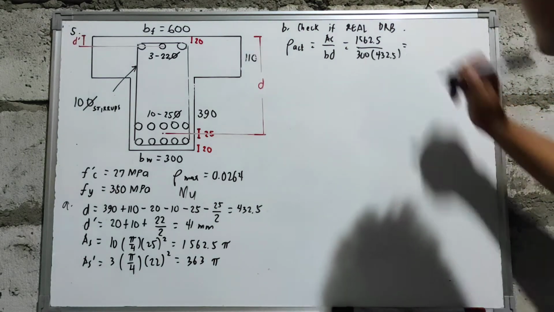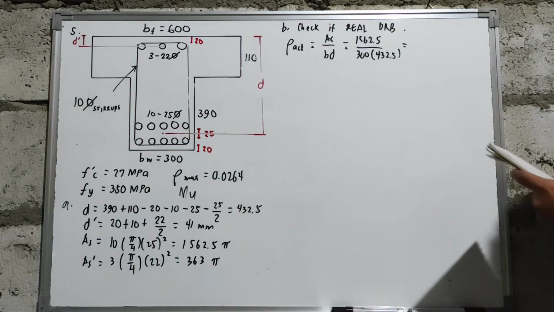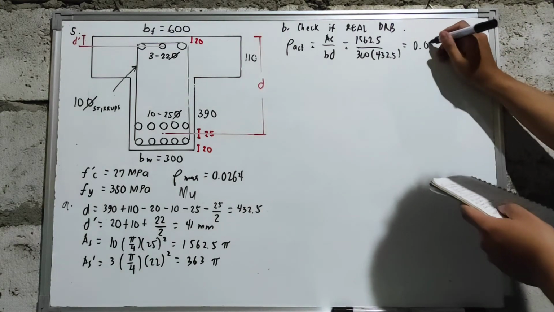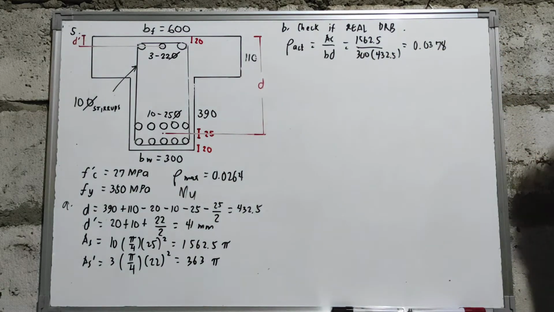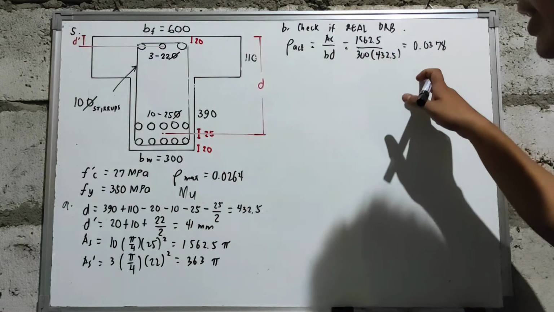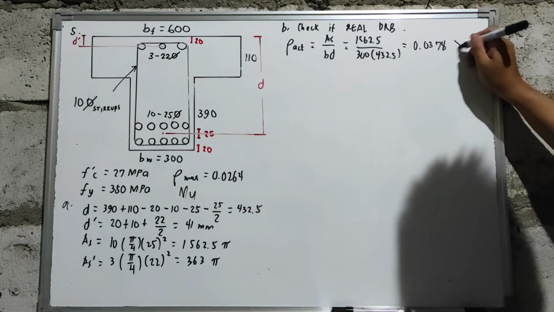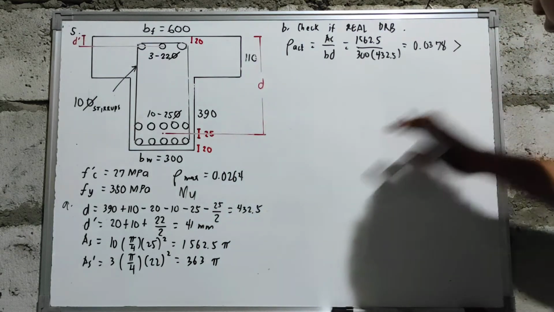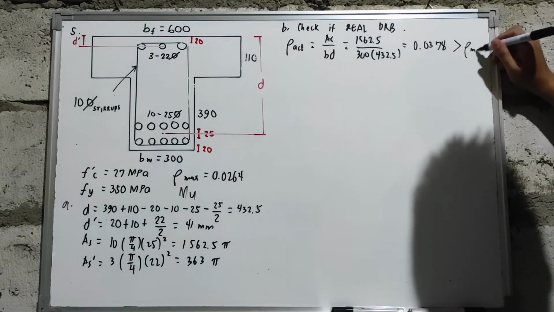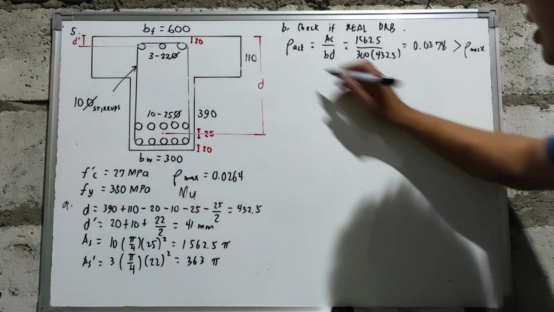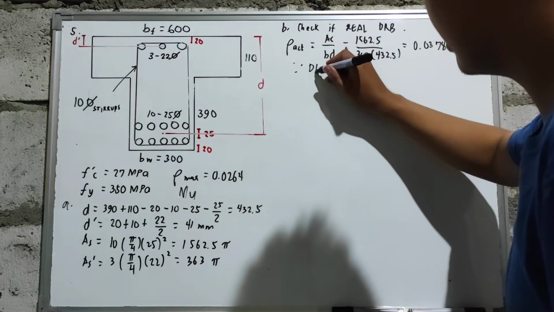So you will have a value of your actual which is equal to 0.0378. And yung raw actual natin, you will just compare that to the raw max. Since yung value ng raw max natin is only 0.0264, therefore raw actual is greater than raw max, therefore doubly